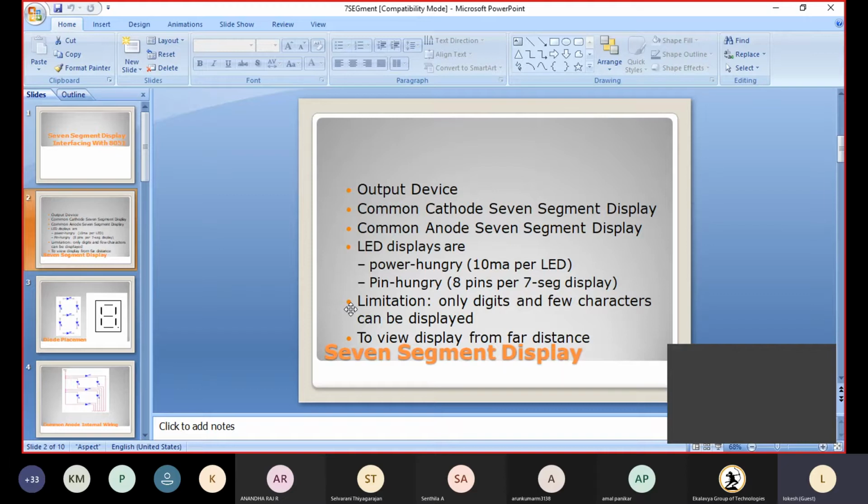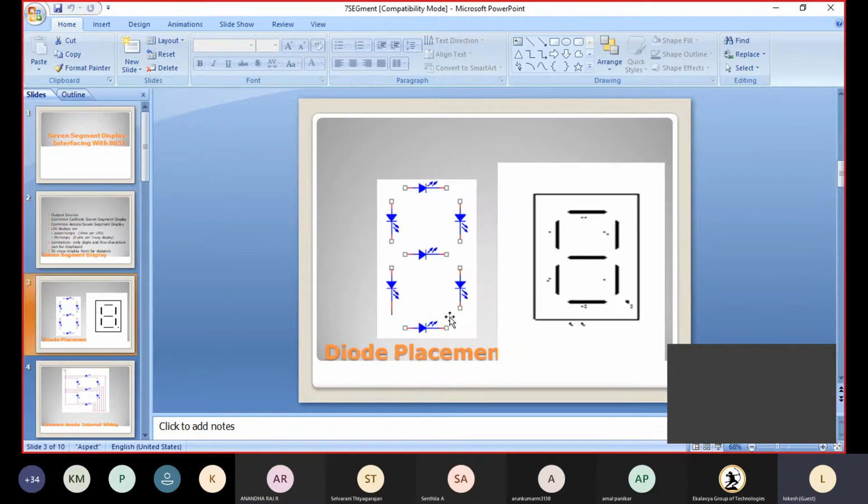We cannot display some characters exactly, but the important thing is that we can see them from a larger distance also. This is the diode placement we are going to have.